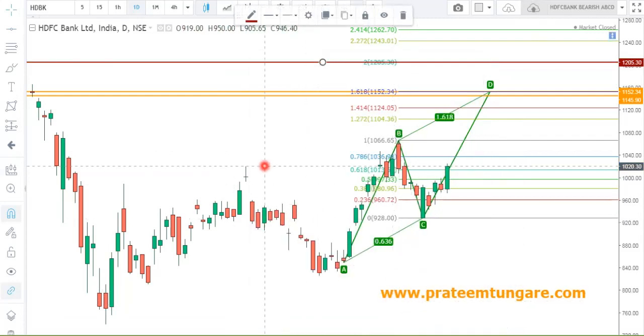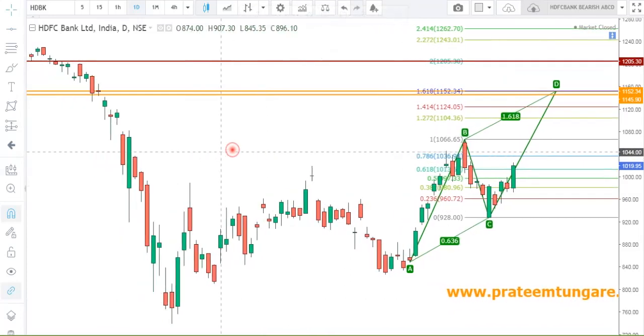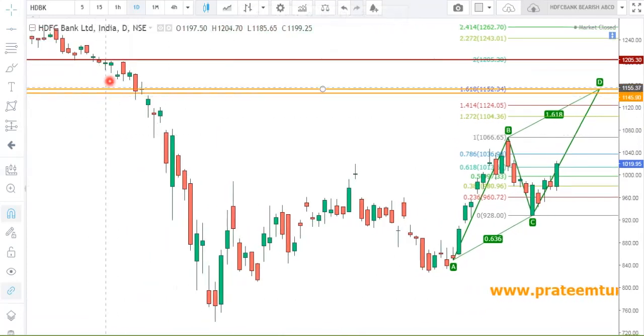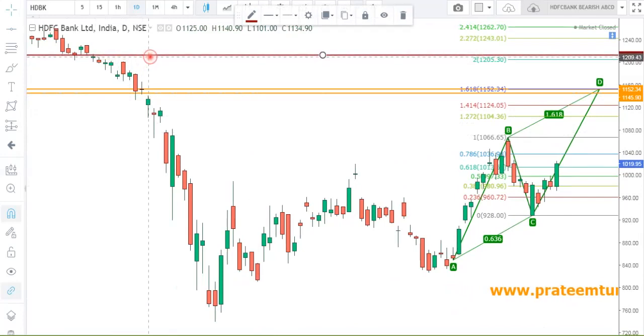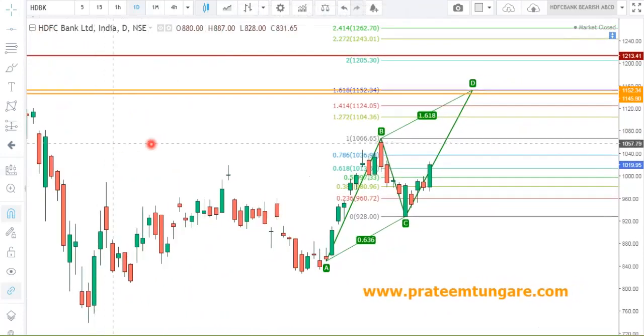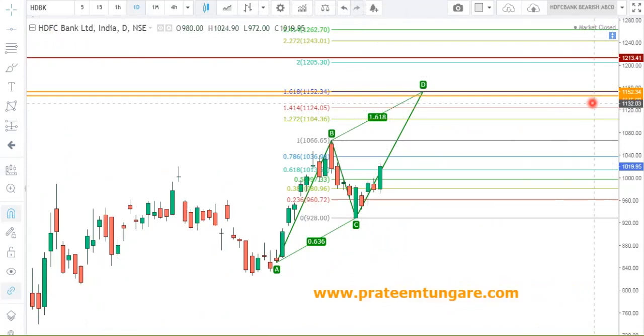Now we will backtrack a little bit to see if the stock has reversed exactly from this level. Yes, quite a couple of times. We will just adjust it a little bit above that level. Now we have our PRZ, we have our stop loss.